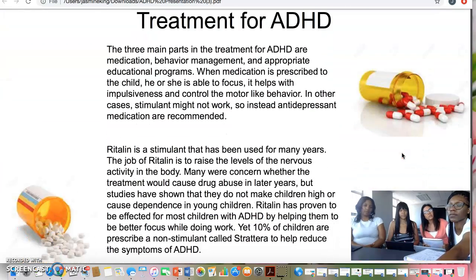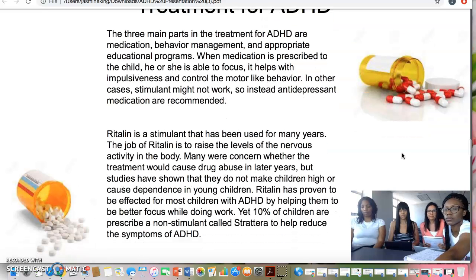In addition, the best treatments for children with ADHD are behavior management, medication, and appropriate educational programs. This will help, especially with medication, to control their motor-like behavior.